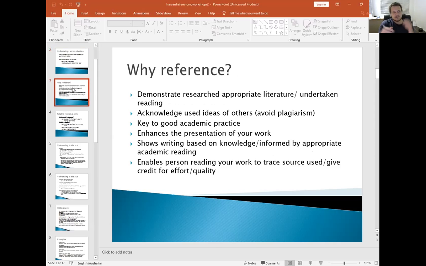So why reference? It shows that you've done your research, it avoids plagiarism, and it is the absolute cornerstone of academic writing. Without referencing, you could just be making it up. Your writing is based on what someone who knows more than you has said.